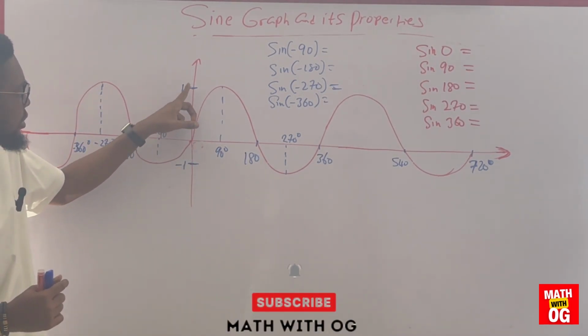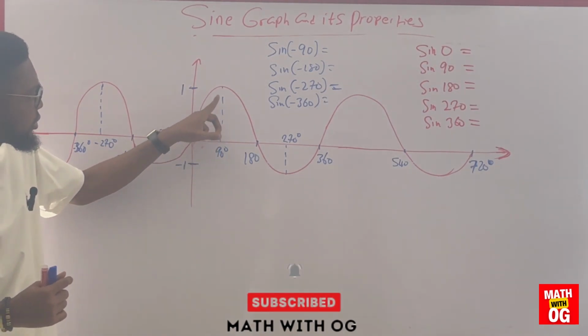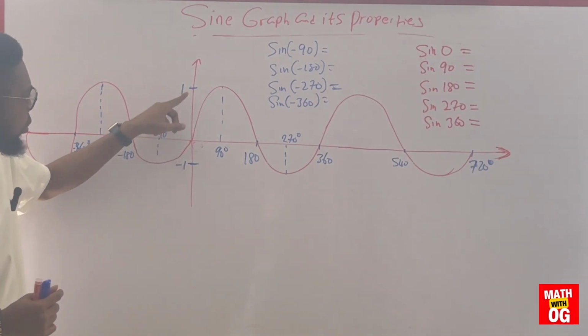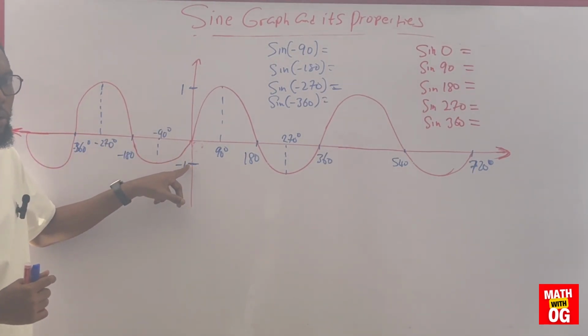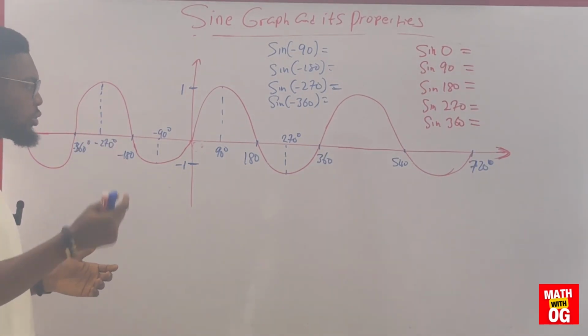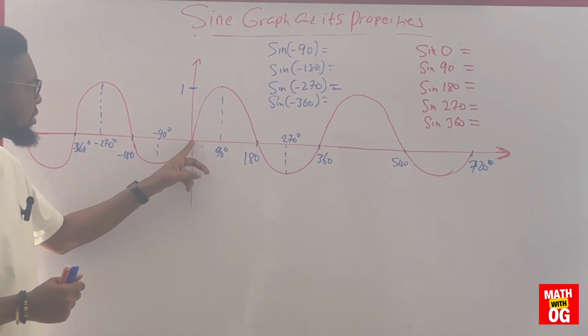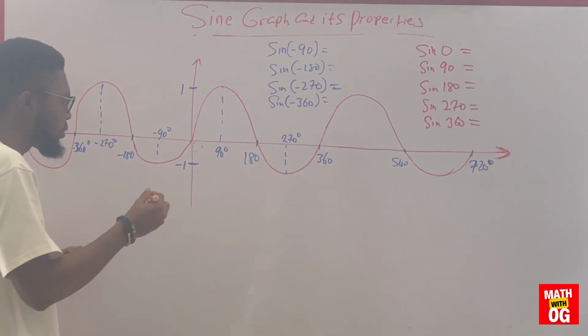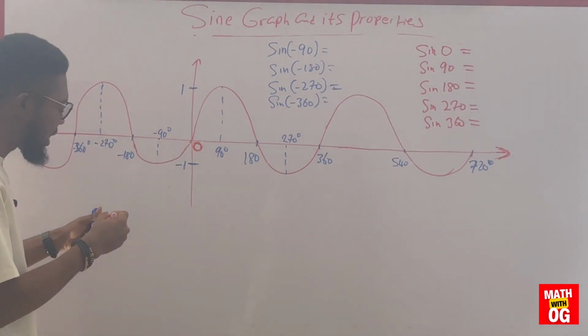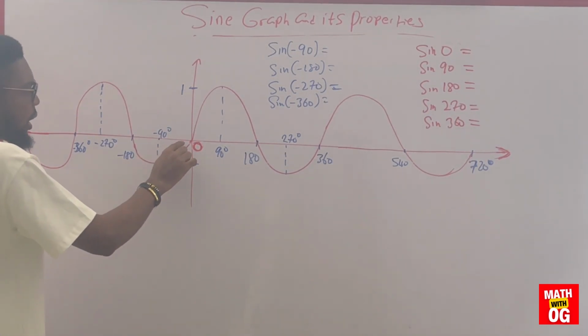Now, from what you can see here, this should also be drawn to scale in such a way that the distance from here to here should be equal to the distance from here to here, because this is 1 and this from here to here also is -1, so it should be having exactly the same distance. So I drew bare hands. We're starting from this mark here. At this particular point, we have our 0 mark. So you can see here that our sine 0,